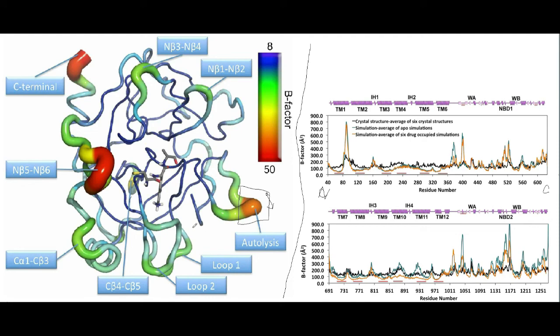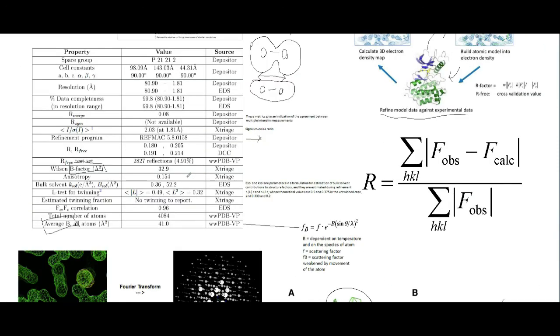And so that's what the B factor is, like I said, this sort of floppiness factor. And the B factor changes the atomic structure factor. So before we had our FHKL, and we determined that